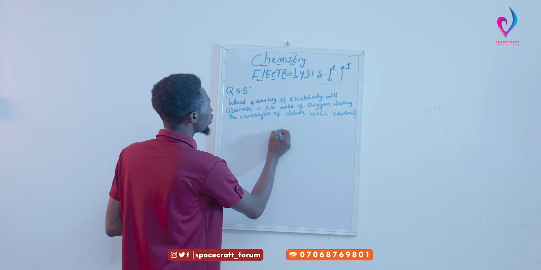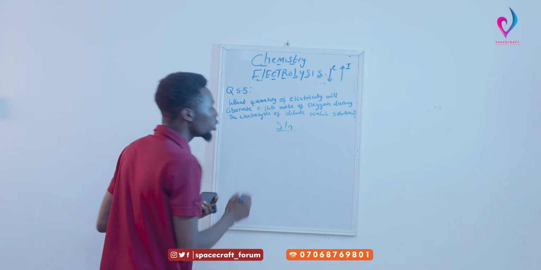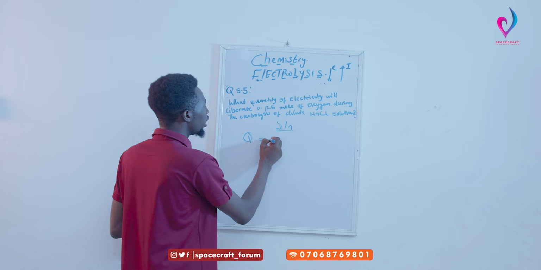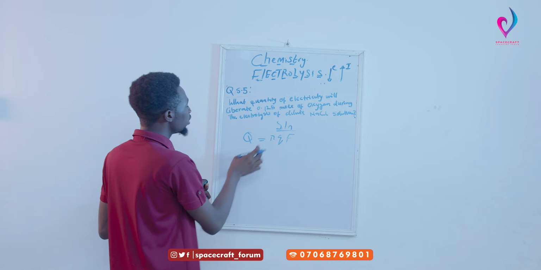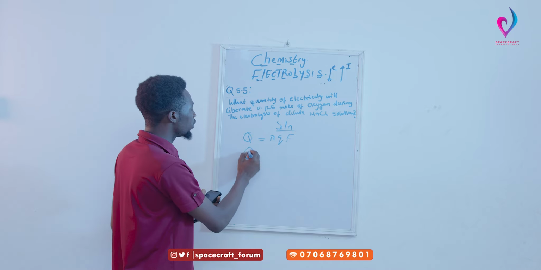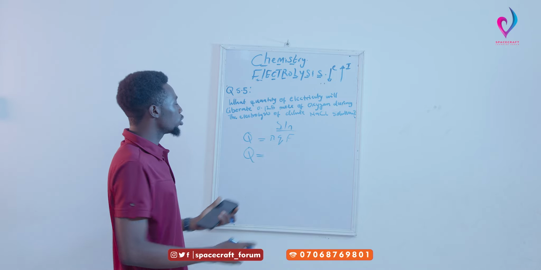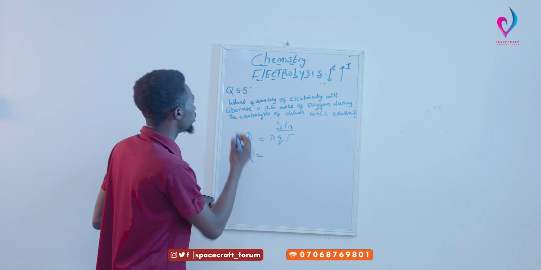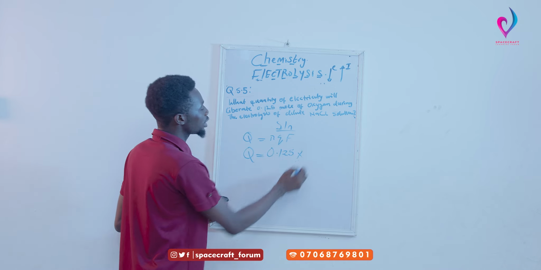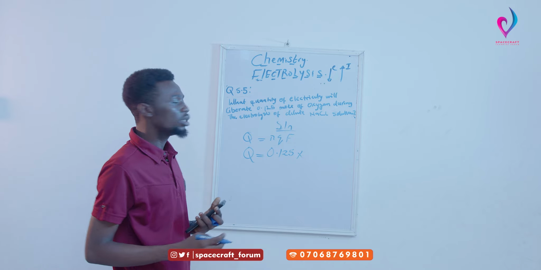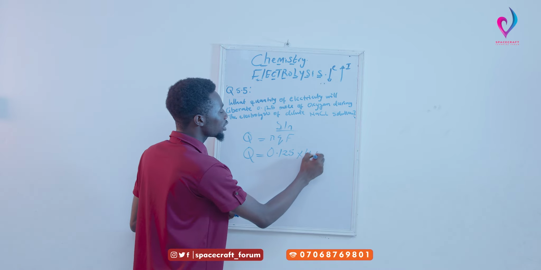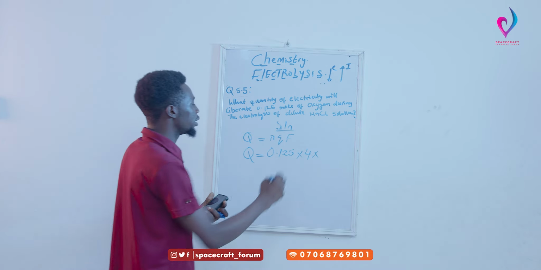So from this question, let's solve this. We have from the formula on that case 3, Q is equal to nQF. Now we are expected to calculate the quantity of electricity, which is capital letter Q. So quantity of electricity, which is capital letter Q, is equal to number of mole of oxygen, and the number of mole of oxygen here is 0.125 mole, times charge of the element oxygen. So what is the charge of the element of oxygen, which is equal to 4? So times 4 times F, which is the 1 Faraday, and 1 Faraday is